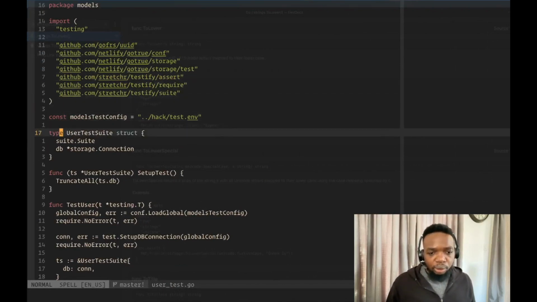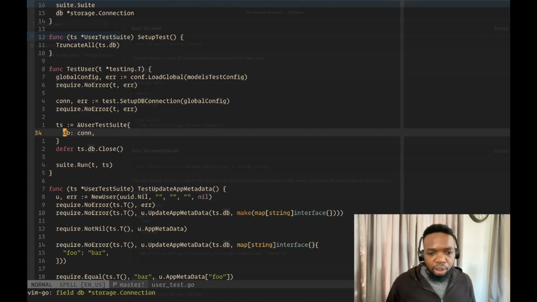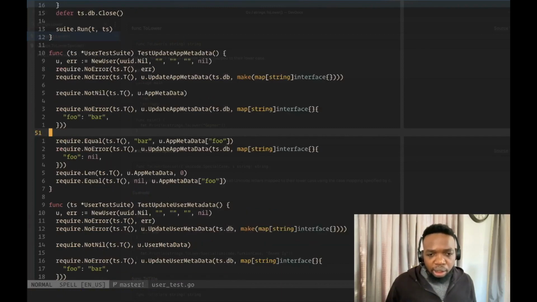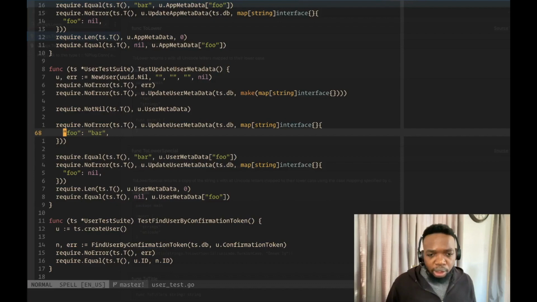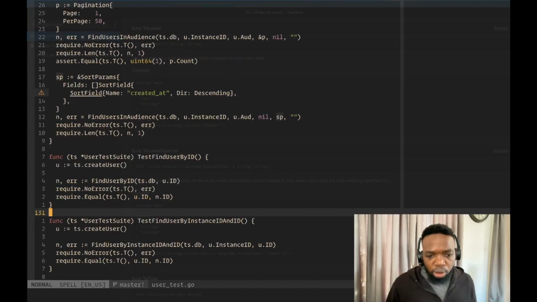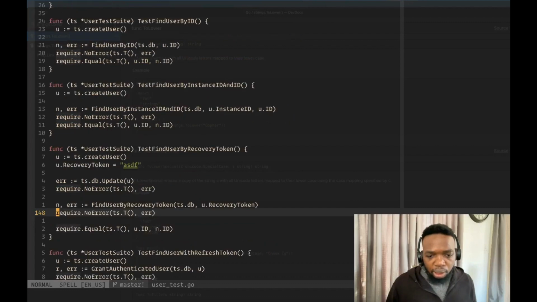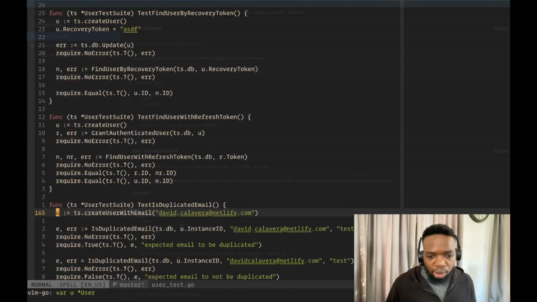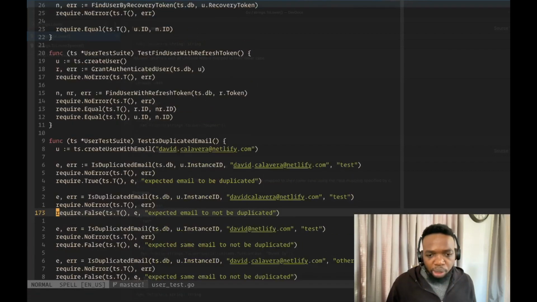And let's just have a look at what some of the tests look like over here. Test to update app metadata. Let's look for a really simple one over here. Test to update user metadata. Test find user by email and audience over here. So this, I think that looks good. There's one in particular I'm looking for over here, and that was duplicate. Test is duplicate email